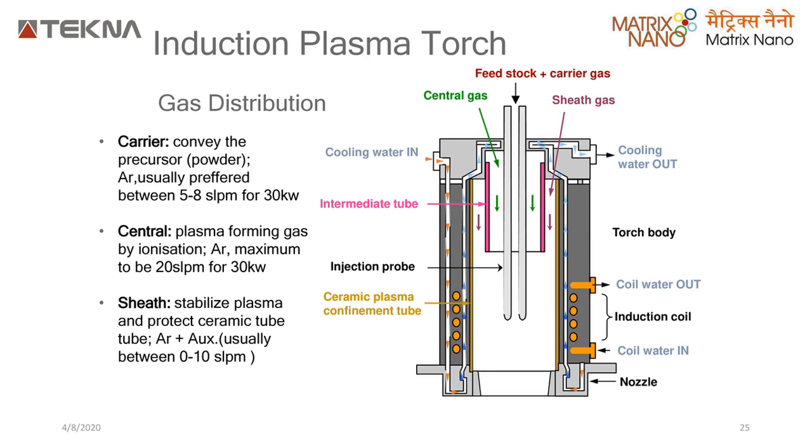Then you have central gas, or the plasma forming gas, or the gas which ionizes to make your plasma. This can be your pure argon, or a combination of argon and helium, a combination of helium and nitrogen, a combination of argon and say oxygen, but preferably keep it argon or argon helium, because they give you good high temperature plasma at a good calorific value. The plasma gases are all chosen based on your calorific value, which is your chemistry part.